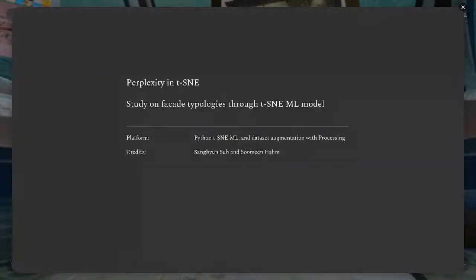And this was somehow derived from a workshop that I attended again in 2021, held by Sang-Yen Su and Seung-Min Han. It was an exercise on perplexity and the t-SNE model for a study on facade typologies, and also dataset augmentation with Processing, which was actually the tool that I engaged with more than the t-SNE. But as you can see in these exhibits, a dataset of different facade typologies was gathered, but then augmented,